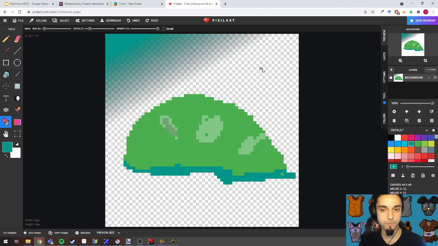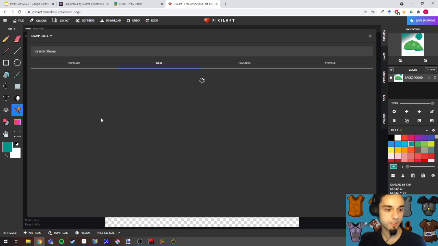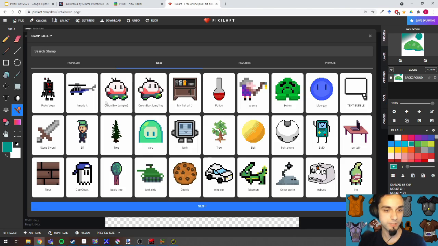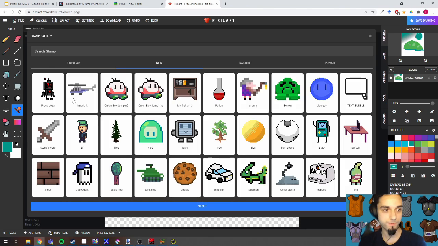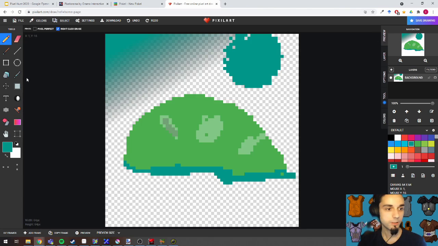It has some more kind of paint Photoshop type of things like a spray can, clone stamp tool that you can choose some funny pre-made stuff. Overall, quite good. I would also recommend